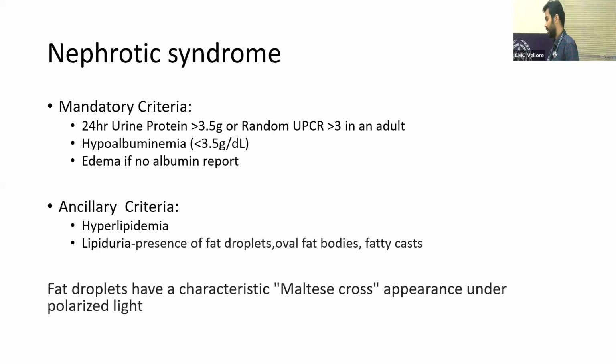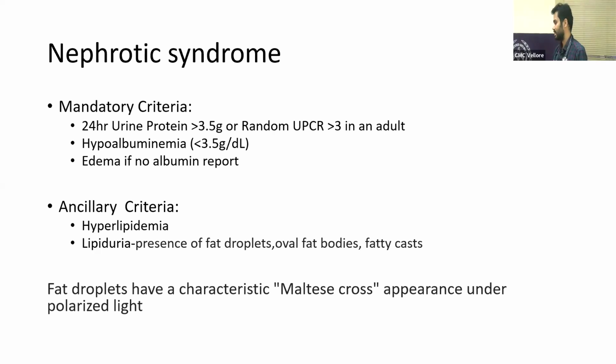So how to diagnose this? What is the clinical criteria? How to pick up this nephrotic syndrome? The mandatory criteria is nephrotic range proteinuria. That means more than 3.5 gram of protein at least in the urine per day, or protein creatinine spot ratio more than 3 in an adult, plus hypoalbuminemia, presence of low albumin in the blood, like less than 3.5